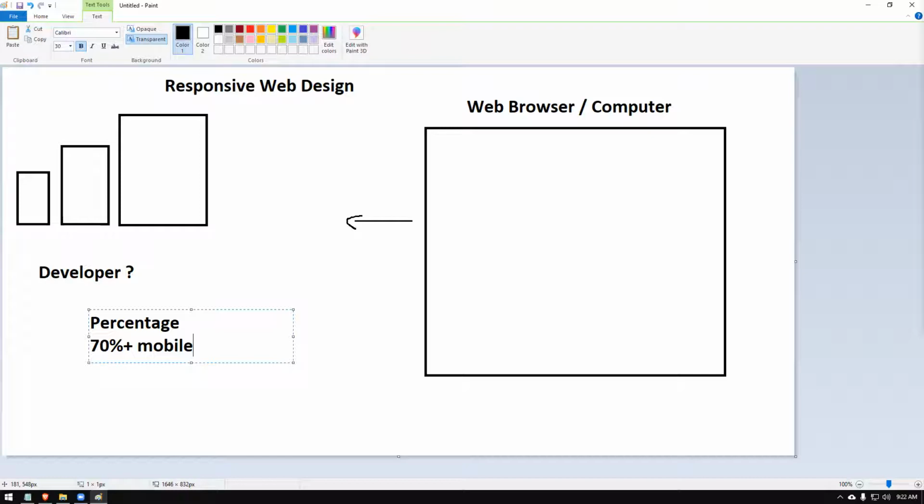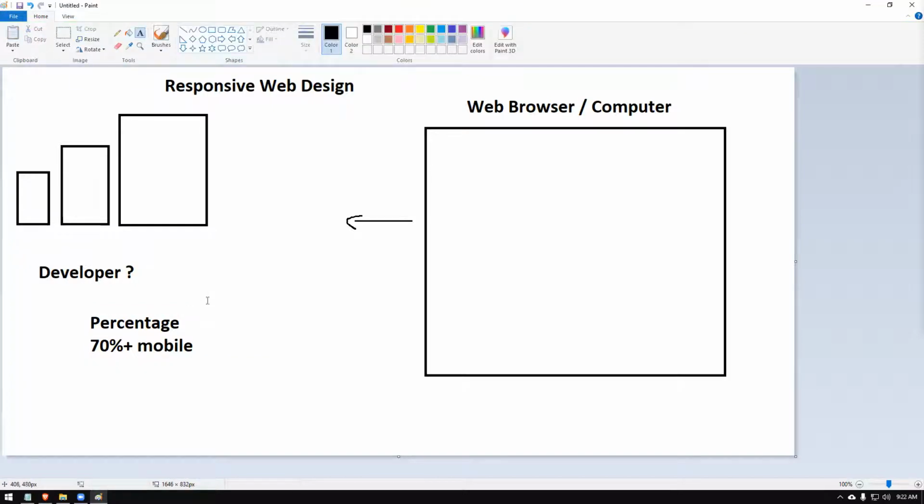So there is a necessity for us to build websites which look nice on any resolution, and you have a common experience. Let's say this is your mobile phone, and you're holding the phone in portrait mode. At the same time, if you hold the same phone in landscape mode, the resolution again changes. With the width increasing, the height is decreasing. Here height is more, with this less. So once you rotate your phone, the resolution again changes on one device.